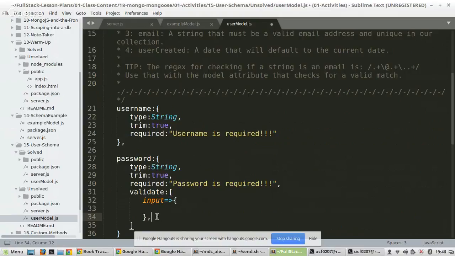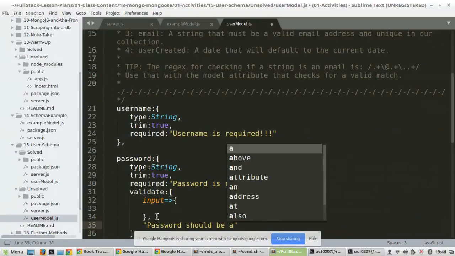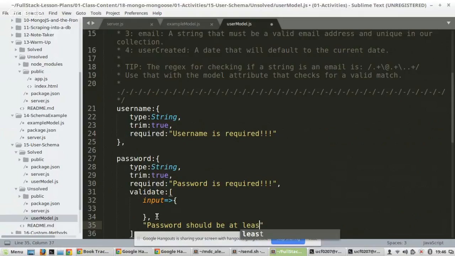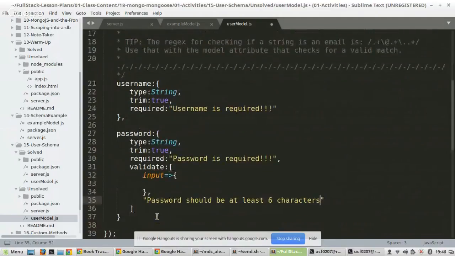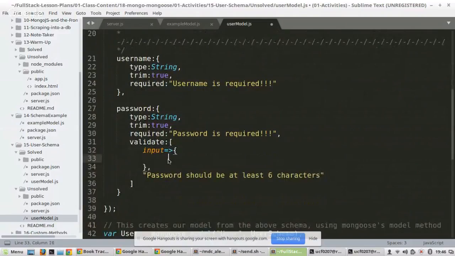Comma and the error message. Could be longer than... We're missing, never mind. Oh, he did this. So where's the 6 characters? Okay, so what are we missing? How do we check our return? Go back in the middle of your function. Return input dot length